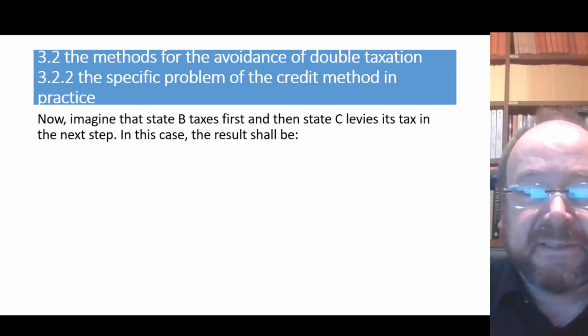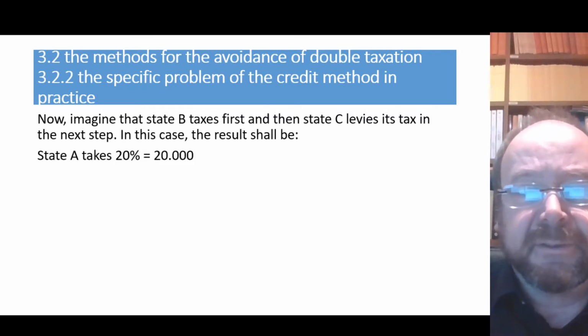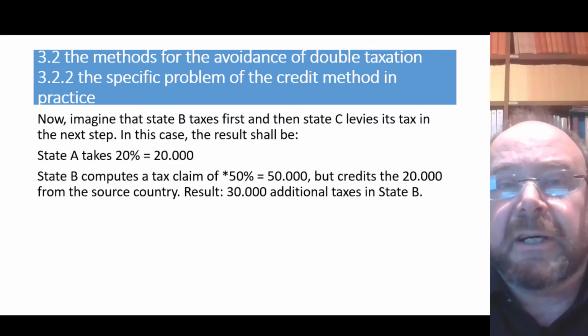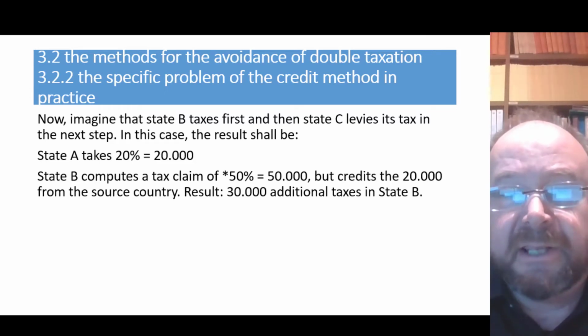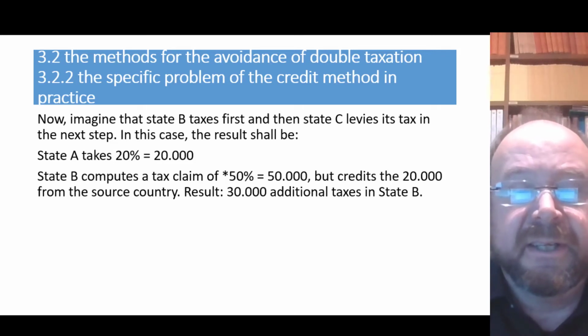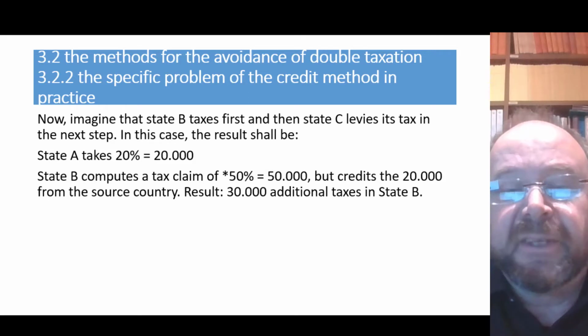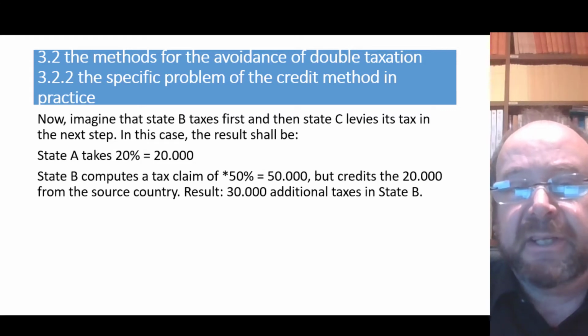In that case, the result shall be state A takes 20%, 20,000. State B then says, now it's my turn. I claim 50%, that is 50,000, but I credit naturally under the credit method the tax in the source state. So my claim is only 30,000 additional taxes, so only the surplus of my claim over the claim of state